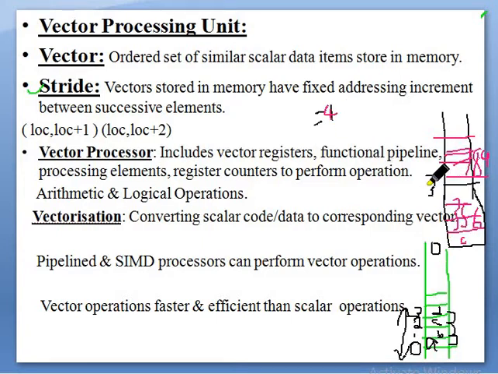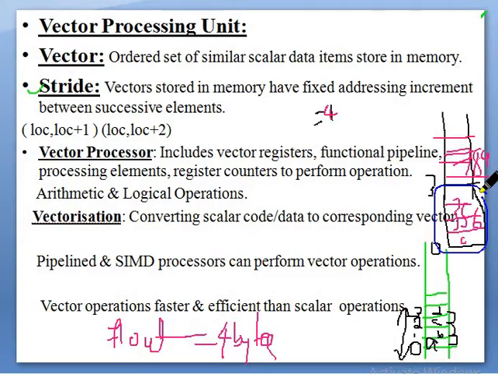That means what? Since we know the float data type occupies 4 bytes, and bytes means locations, if I fetch data from 4 continuous memory locations, one value of data type float I will get. Another 4 locations, I will get another value. So stride means what? The magnitude difference to get a new value with respect to the old memory location.